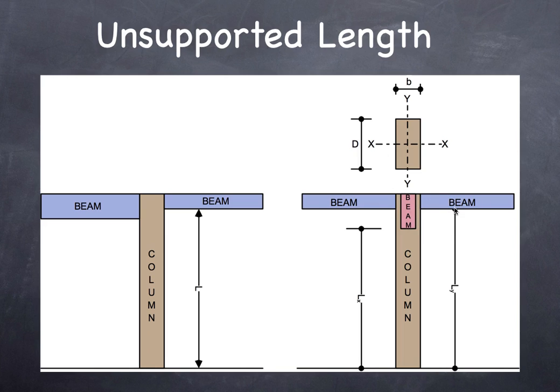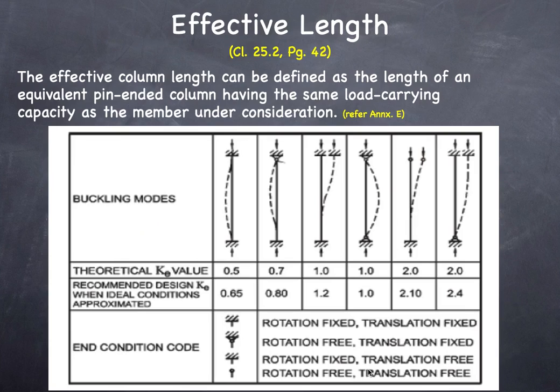Fine. Now we have to find out the unsupported length, underside of the shallower depth beam. So when I am considering Ly, you can see I am considering beams along the x axis. So this gives us Ly. Whereas when I have to find out Lx, it is the unsupported length underside of the beam along y. So this is our Lx. Got it? Then we have the effective length.